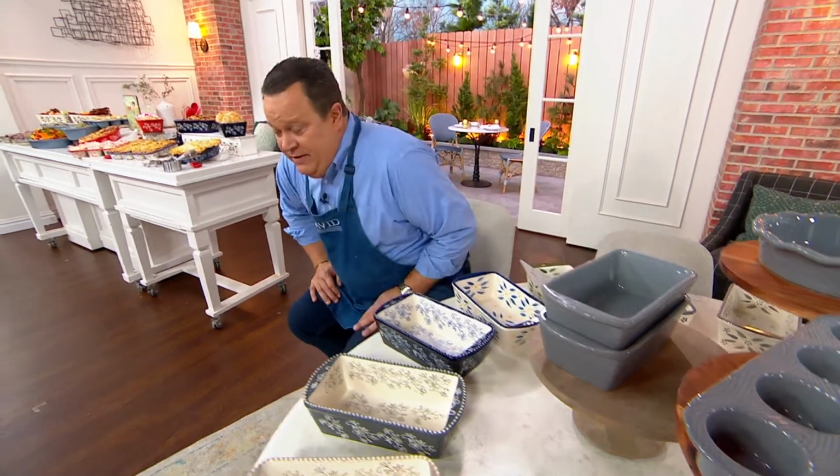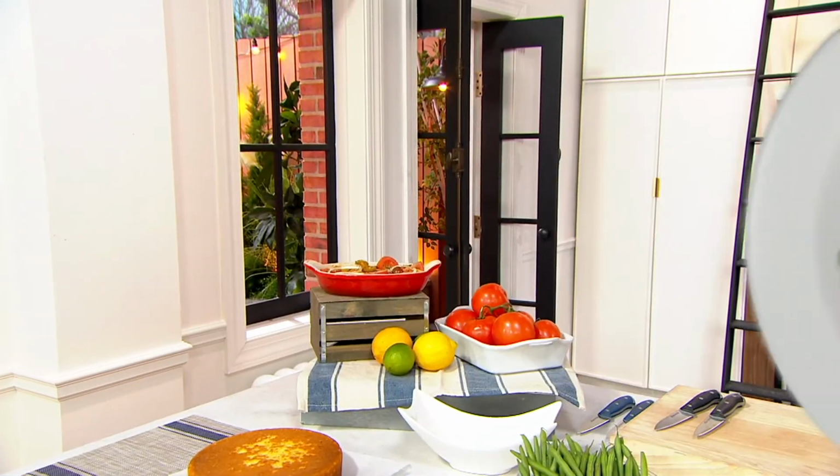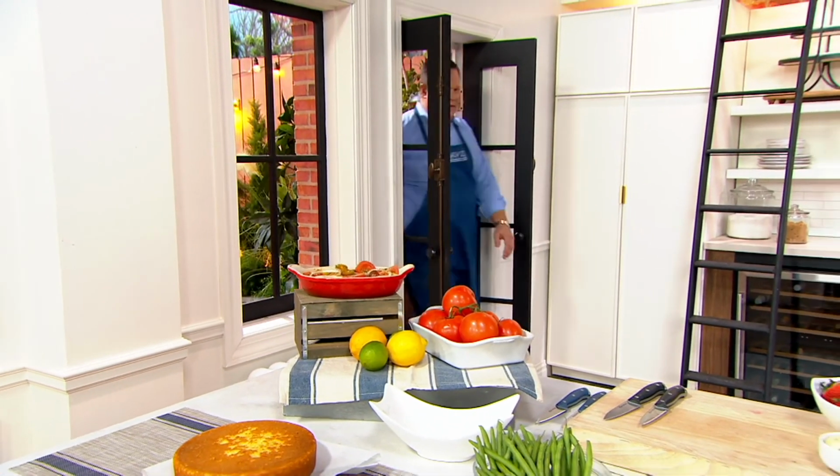Now, is it time for knives? Time for knives. What I think is the most used knife in the kitchen, the paring knife. I can't tell you the